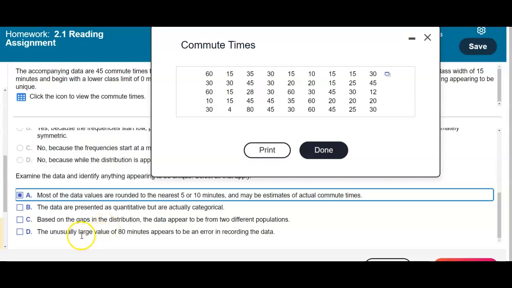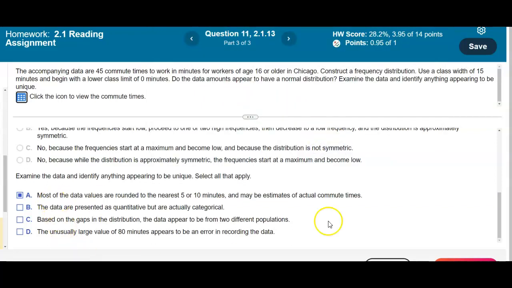And it says the unusually large value of 80 minutes appears to be an error in recording the data. Well, not necessarily, because it's not that far off from the 60 minutes. So our answer is going to be